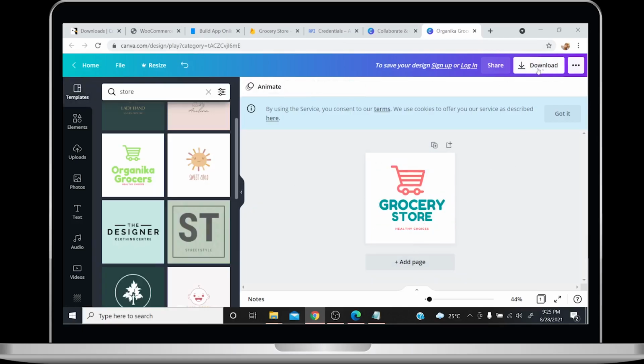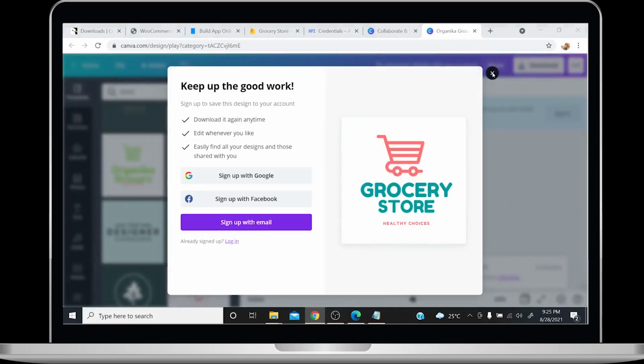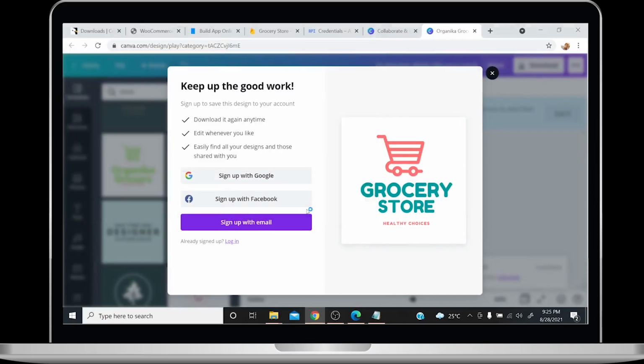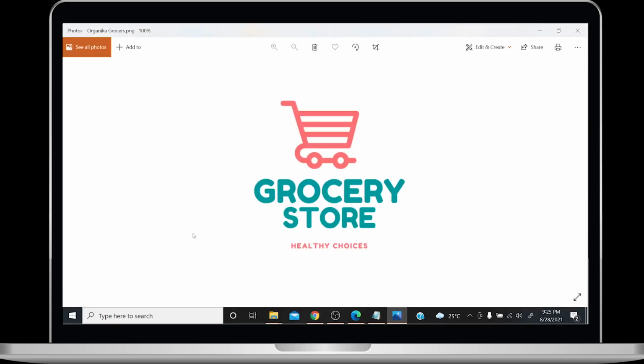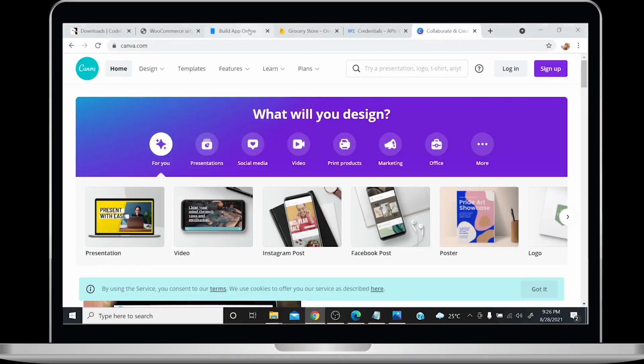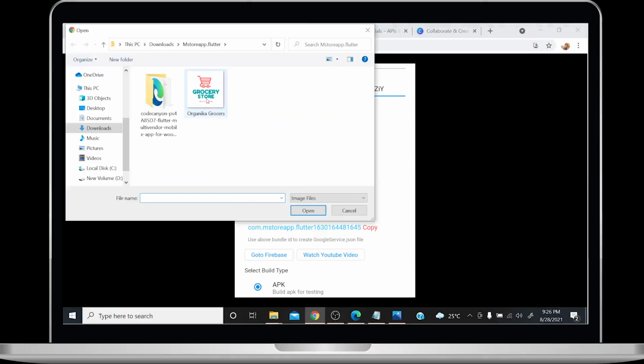And then on the right side, click on download, choose PNG, and then save the logo on the same folder. Now you can see our logo is downloaded and ready to use. Now here, in upload app logo, upload the logo we just have created.